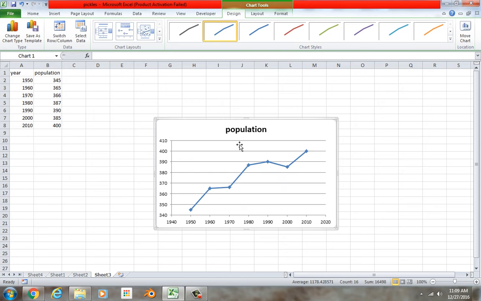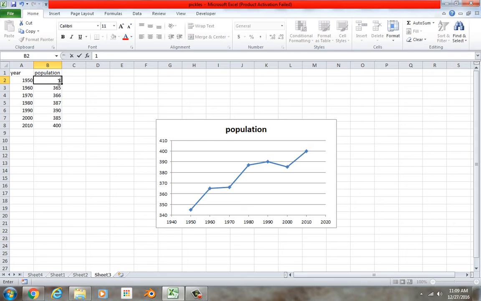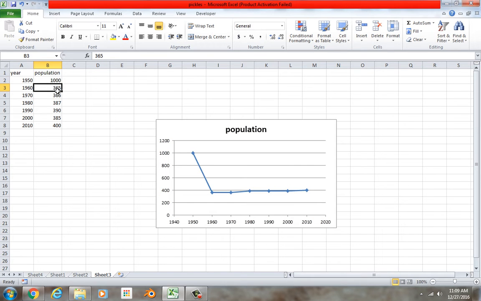Okay, so this is the population over time. Things that I noticed here is that from 60 to 70 it was pretty well plateaued, didn't really do anything. It kind of reached a maximum here in 1990, and then it dropped off again, and then it started increasing again. Things that you can pick out by this, if the trend was something like this, and then, and then, and then,